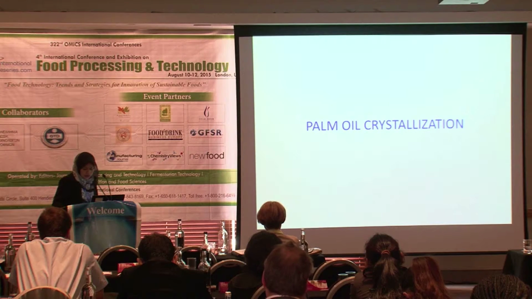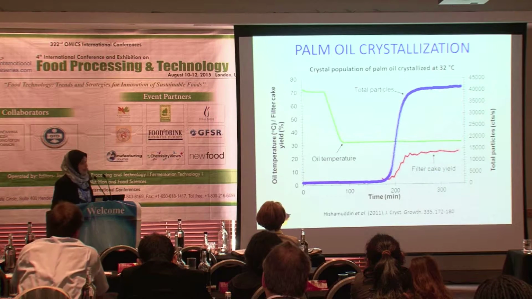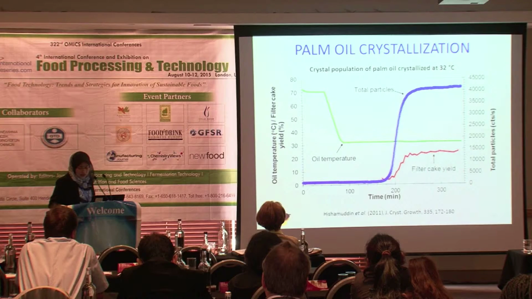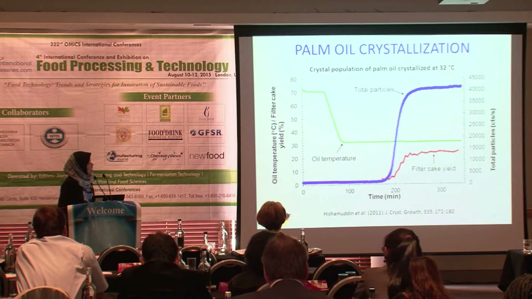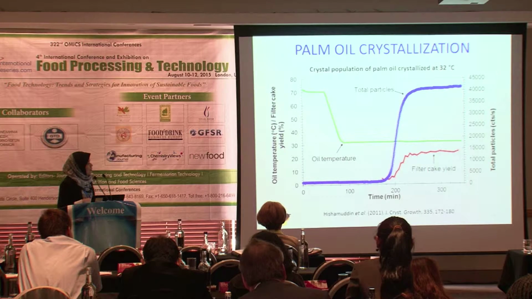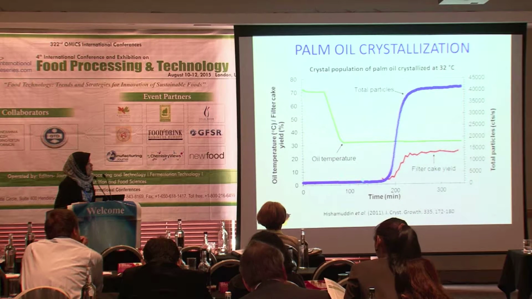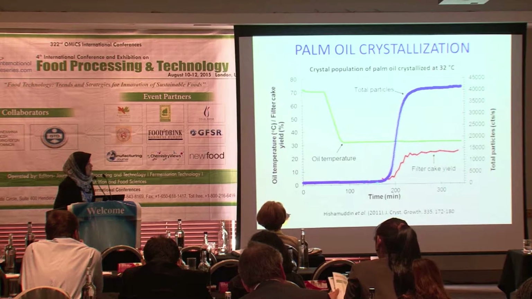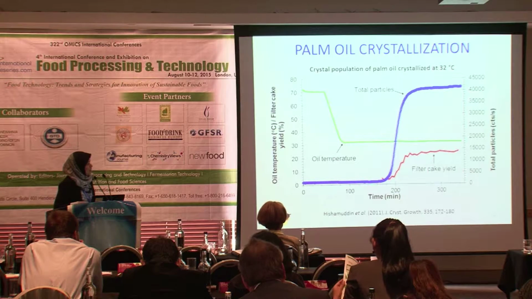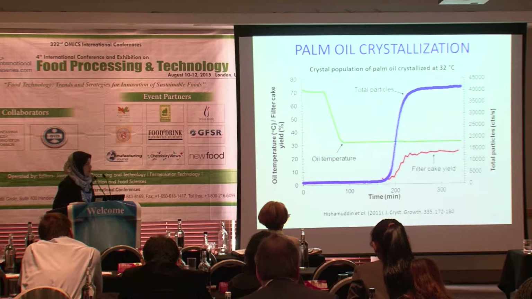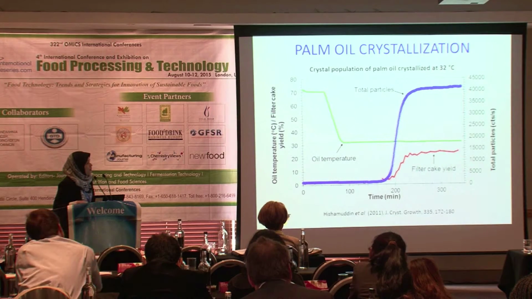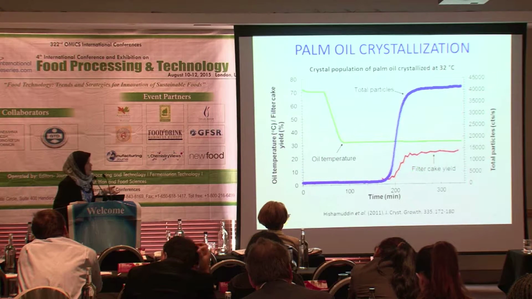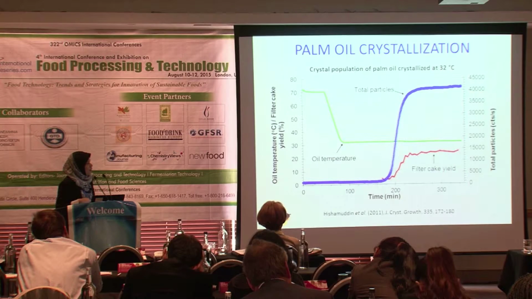Now, let's see what happens with palm oil crystallization. We subjected palm oil to crystallize at 32 degrees Celsius, and as you can see, the FBRM detects the total particles within the crystallizer. Nucleation occurs about 150 minutes from the start of the isothermal crystallization, indicated by a sudden surge in the total particle counts. We also filtered the slurry at different time intervals, and we found that the filter cake, the yield of the solid portion, correlates well with the amount of total particles